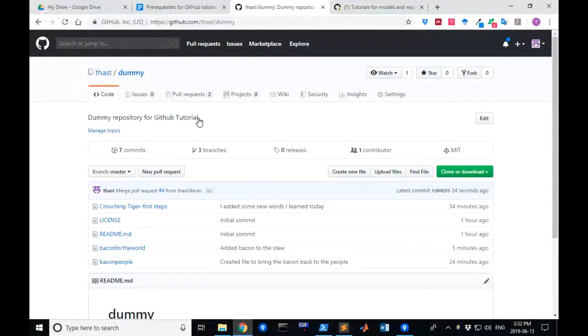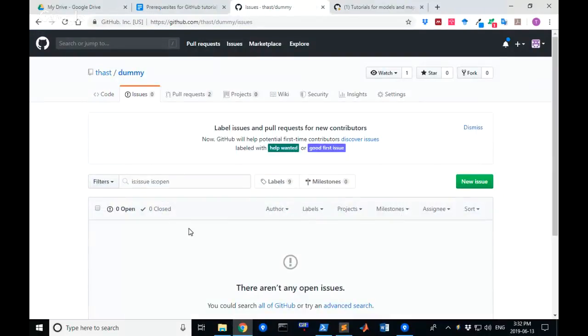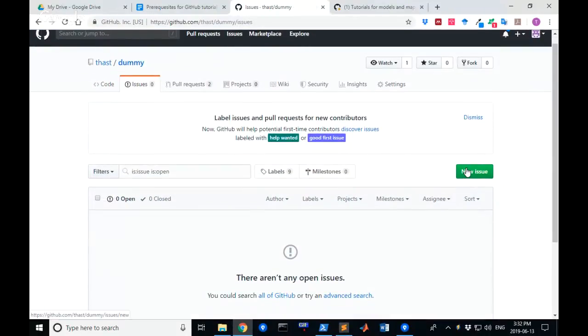Okay, so now I think the first way to contribute to a repository is basically when you're using it and to tell us what's wrong. So that's with the issues. When you tell people, okay, what's happening? So you can create a new issue